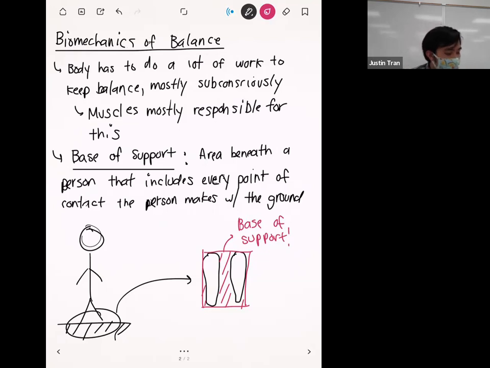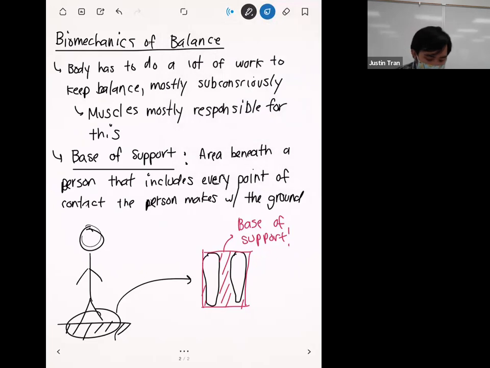And so depending on how big your feet are or what position they're in, if you have them closer together or farther apart, that's going to make your base of support either smaller or bigger. Okay. And so this is important because if you draw a free body diagram of this person by itself,